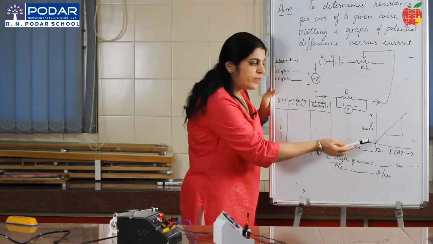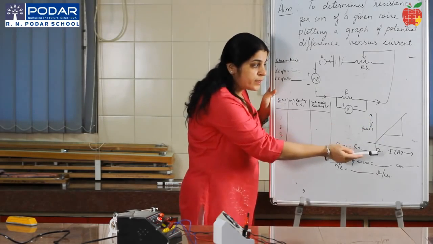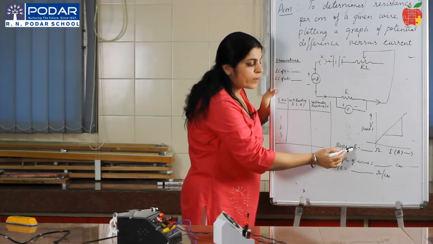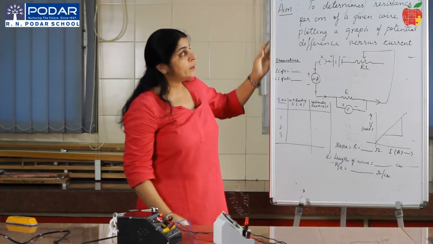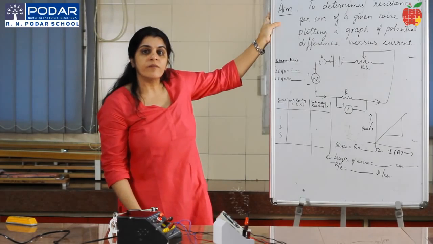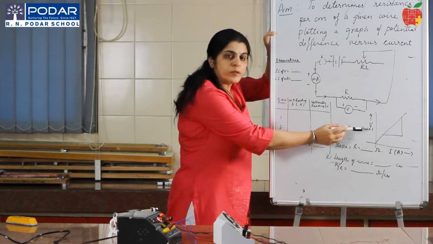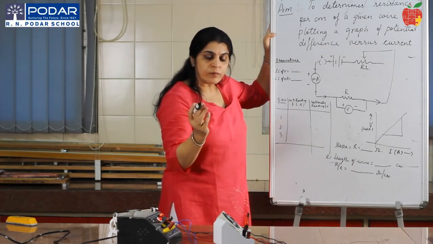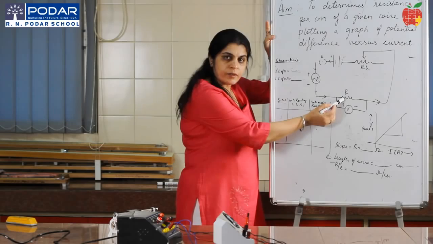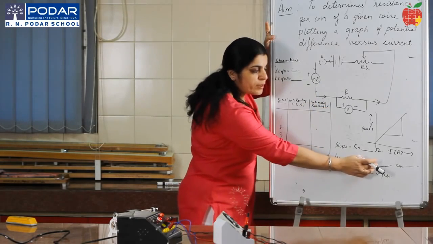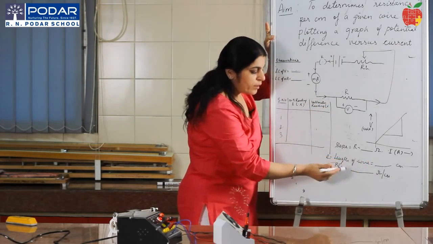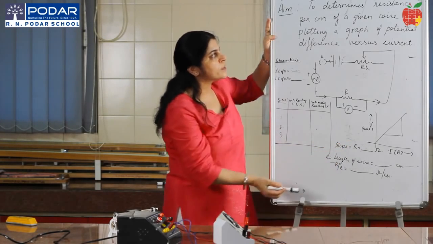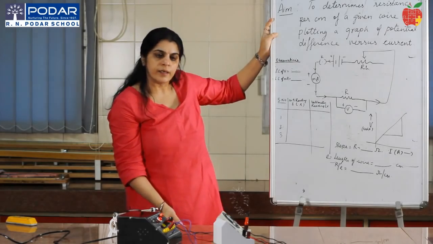When we plot the graph between V and I, we get a straight line, as you see here. From the graph, we find the slope. The slope gives the value of R. Since our experiment is to find the resistance per centimeter of a given wire, we found the resistance from the slope, and we should know the length of the wire. We measure the length of the wire R, which is given to you, and write it down in our observations. Then we calculate the resistance per length of the wire, which is called the resistance per centimeter of a given wire in our experiment.